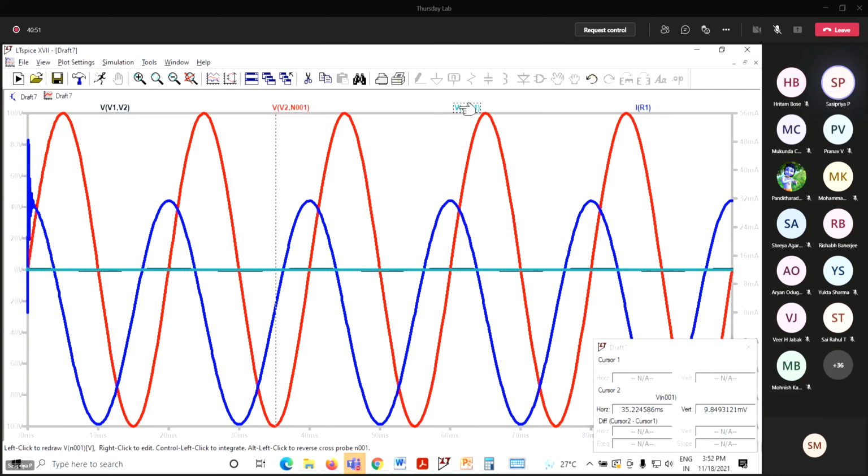This is an inductor voltage. I think inductor voltage is very minimum. It's closer to 0. Okay. So now if you see my resistor,